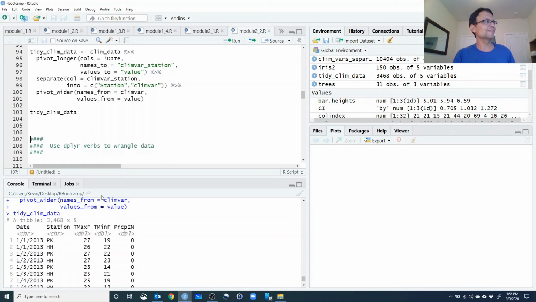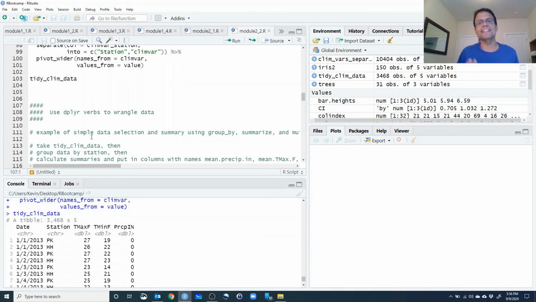and we can see that we got the same result, and we successfully got a tidy data set. All right, so once we have a tidy data set, then we can use the dplyr package